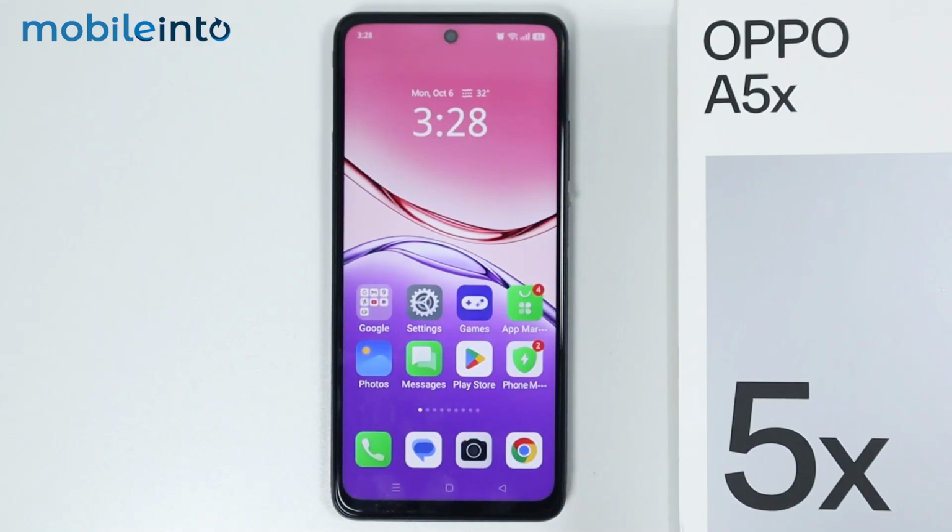Hey, what's up guys? So in this video, we will see how to uninstall or disable bloatware on the Oppo